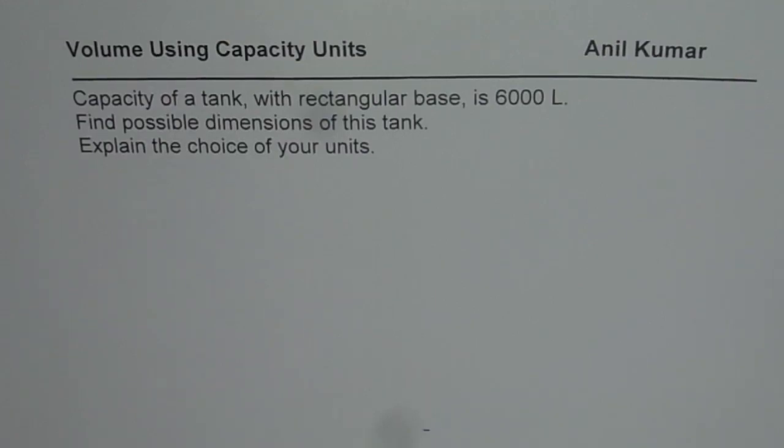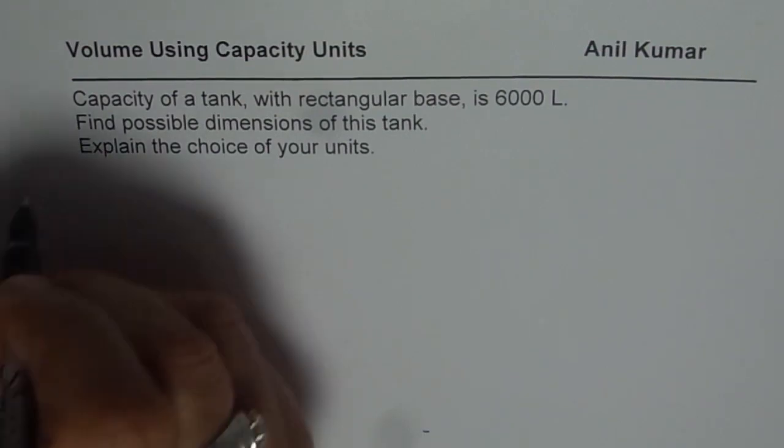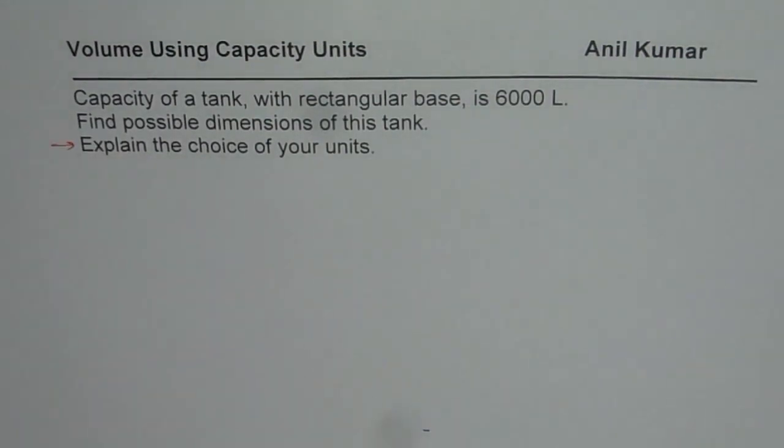I'm Anil Kumar, and we are going to further explore the units for volume in this particular video. So the question here is, capacity of a tank with rectangular base is 6,000 liters. Find possible dimensions of this tank. Explain the choice of your units. So that is very important. Which units for length should you take so that you get 6,000 liters as the capacity of your rectangular base